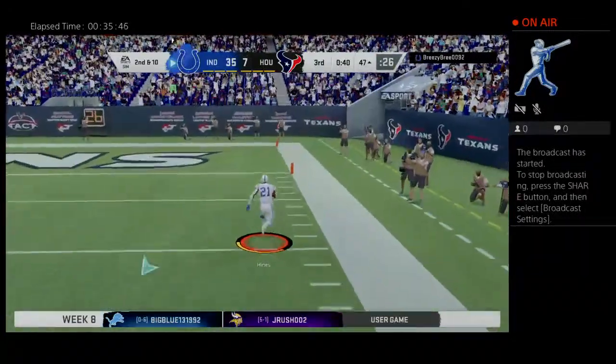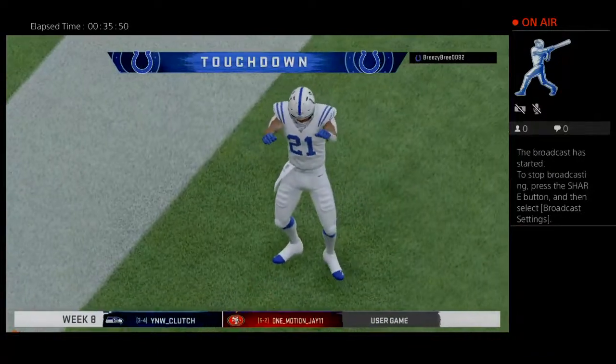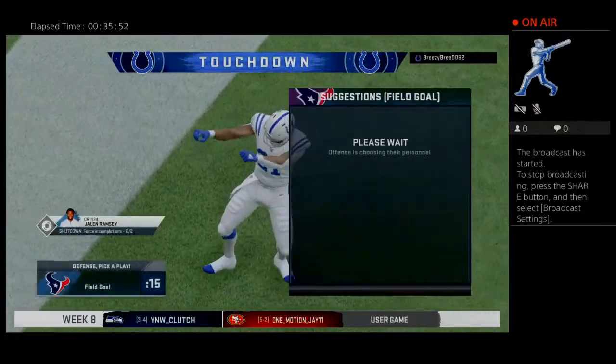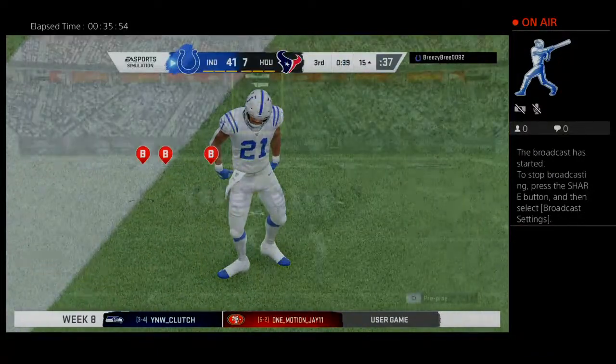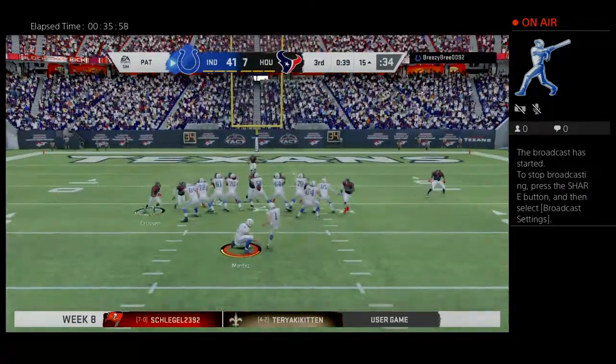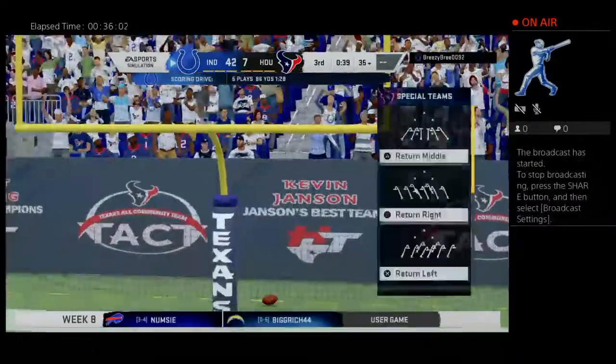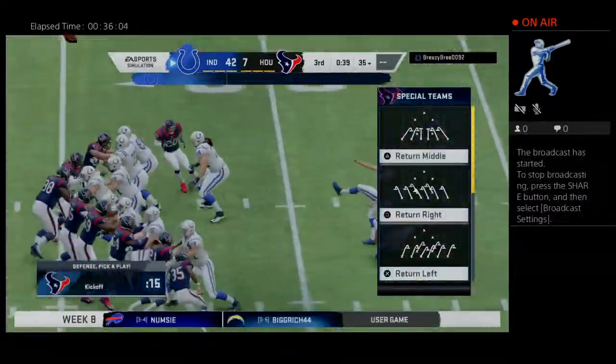There he goes, right side. Touchdown, Indianapolis. Nyheim Hines, his second touchdown on the season as his guys continue to pour it on. And on that long run, maybe the defense caught napping a little bit. The concentration level may